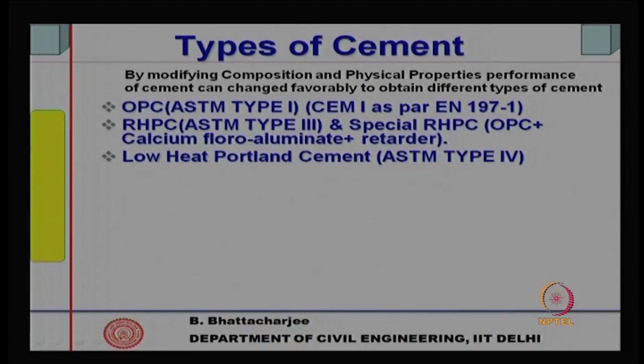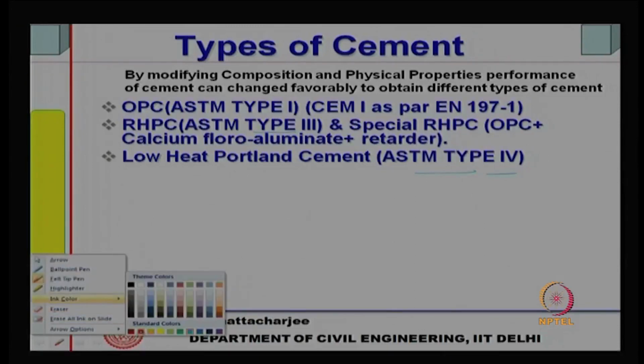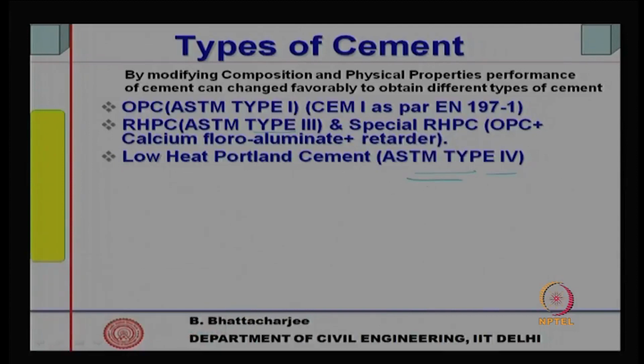So, they are basically fluoroaluminate type of cement. Then you have got low heat Portland cement, ASTM type 4. Now, this is ASTM type 3 and this is ASTM type 4. Now, ASTM type 4 is low heat cement. Low heat cement was used largely